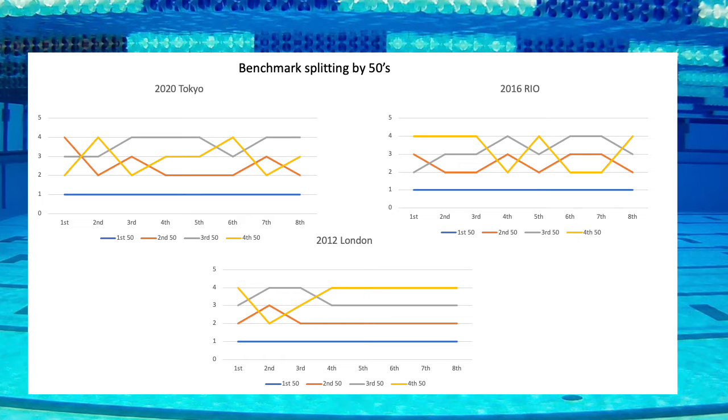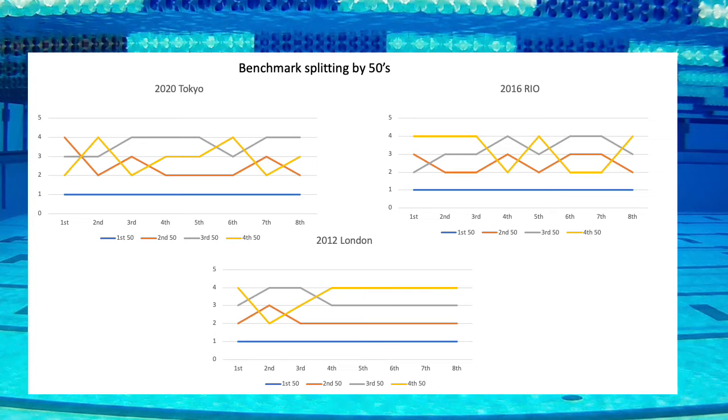Specifically in Tokyo, the lady who placed second was our Canadian Kylie Masse, who five years ago in Rio was a bronze medalist in the 100 backstroke, and she was able, over the last five years, to add the 200 backstroke to her repertoire. So she's got some great front end speed. She did go in the order of her first 50 was the fastest, the second 50 was the second fastest, and her race strategy was to lead from the very beginning and see how that goes.